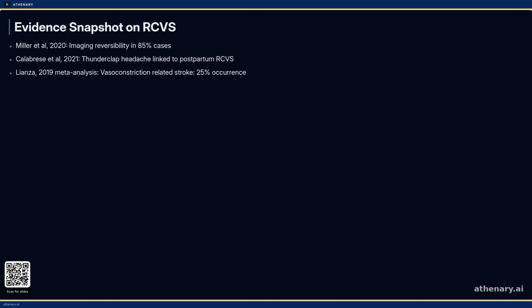Large-scale analyses confirm that the most feared complication is stroke, both ischemic and, less commonly, hemorrhagic. This occurs in roughly a quarter of all individuals diagnosed with RCVS, a direct consequence of severe vasoconstriction starving brain tissue of oxygen. The headache is the alarm bell, but the potential for a life-altering stroke is the fire we are racing to extinguish. That sobering statistic, the risk that 1 in 4 patients may suffer a permanent neurological deficit,